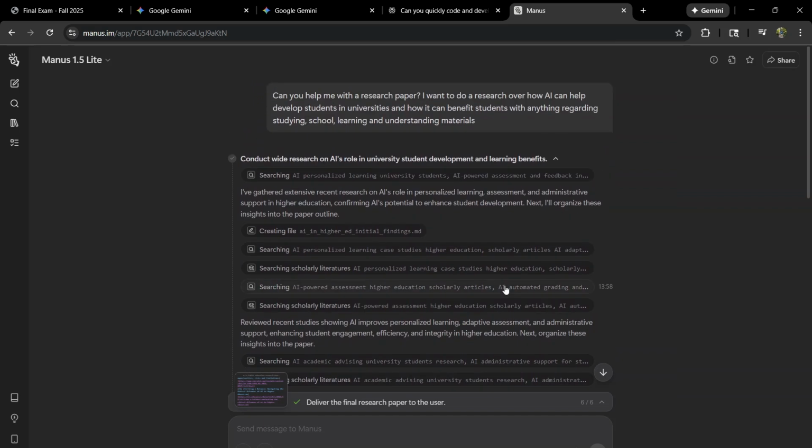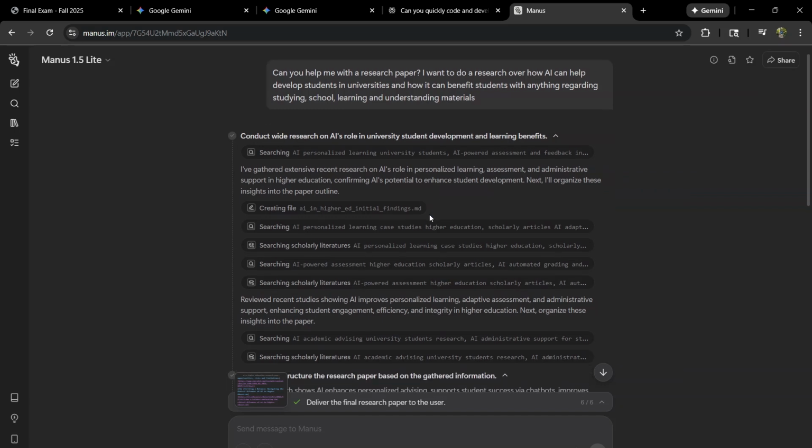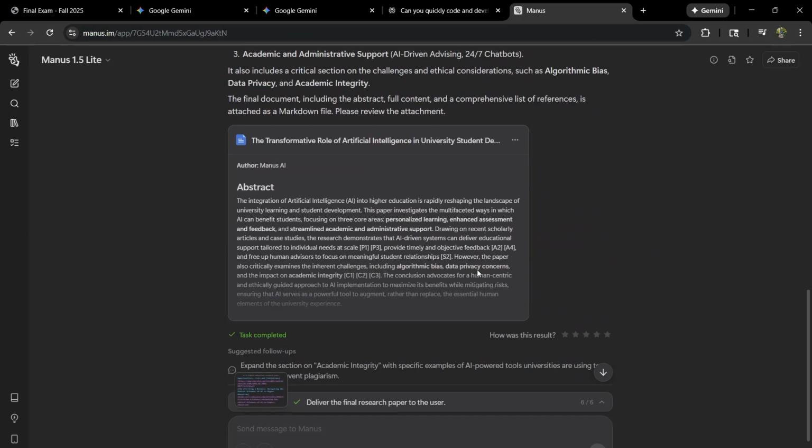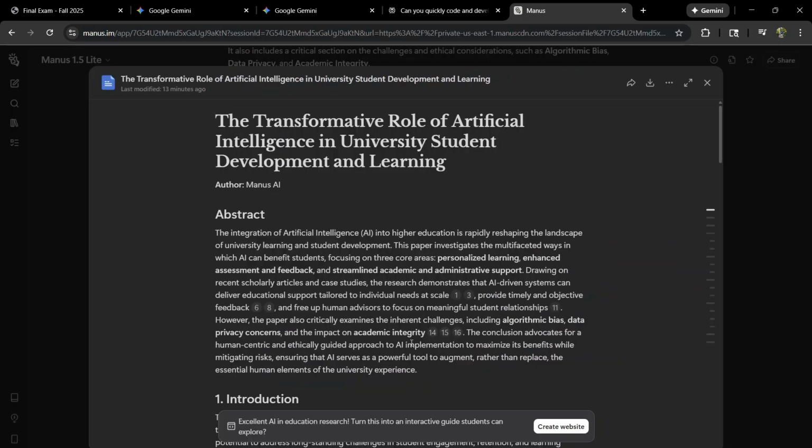And what Manus does, this is a light version, a free version, so anyone can access this. Manus looks through the internet and gets the information. It looks through these websites, and it creates a research paper on that specific topic. So I chose AI and how it can help in universities, and it gives me this: